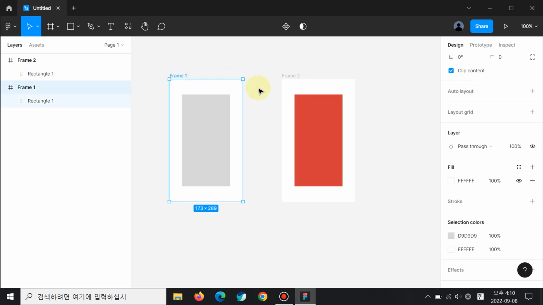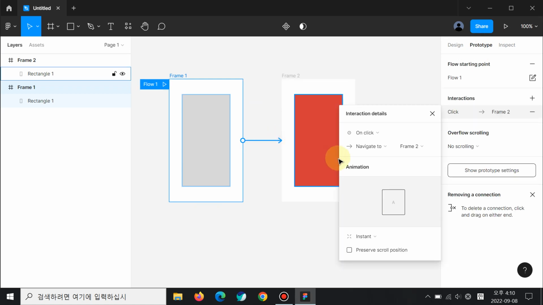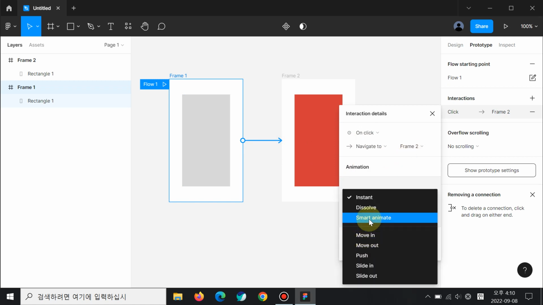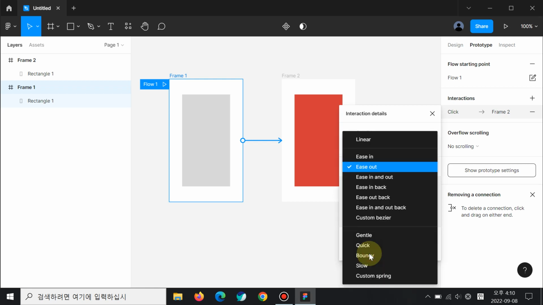So we can make this and go to the prototype tab, click this circle, and then connect. Unclick, navigate to frame 2. Alright, and instead, we have to change this part and select Smart Animate and ease out. So what I'm going to do is ease in